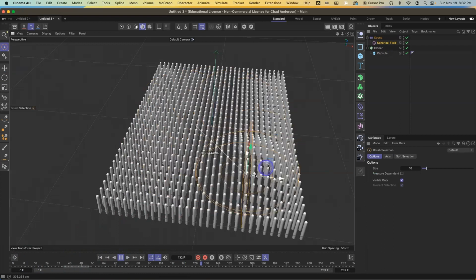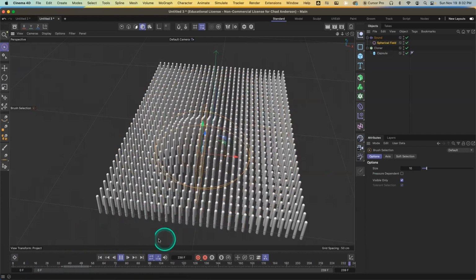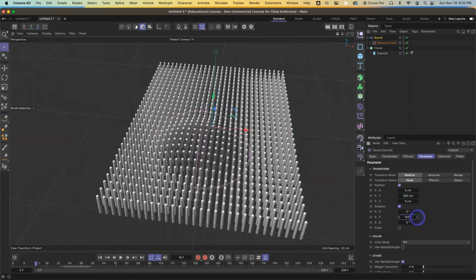That'd be kind of fun. Just a random bouncing on the sound. Maybe we'll add in another control in the sound field to say, within the effector, it also rotates on the pitch. So these rotate this way. Like that. And so now here again, as this plays through,